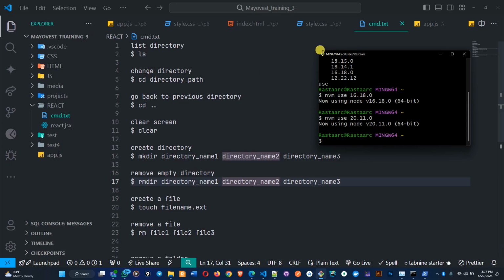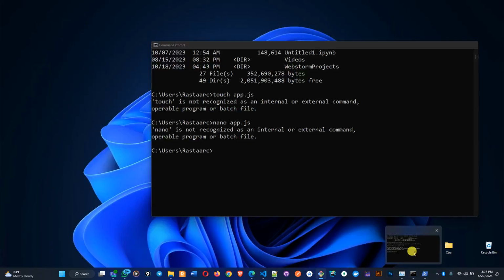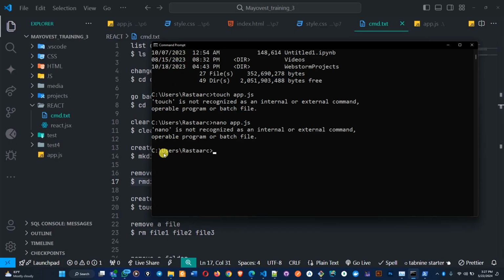On bash, the way it displays its own stuff is quite different from the way it is on the command prompt. On the command prompt, you are going to see the address or the path of the current folder that you are working on. So here now, it says I'm currently inside this folder, which is inside Users, and Users is inside this C drive, which means the current user that logs in. Every user that logs in has their particular folder where all the files of that user will be saved. So if you create two users, each is going to have its own folder with the name of the user. But I only have one user, so it is here, and everything will be saved